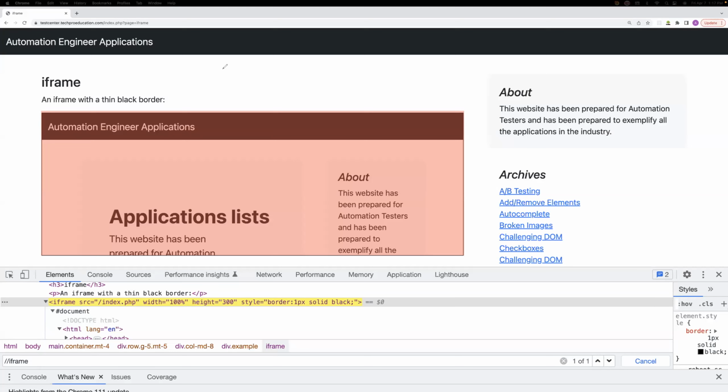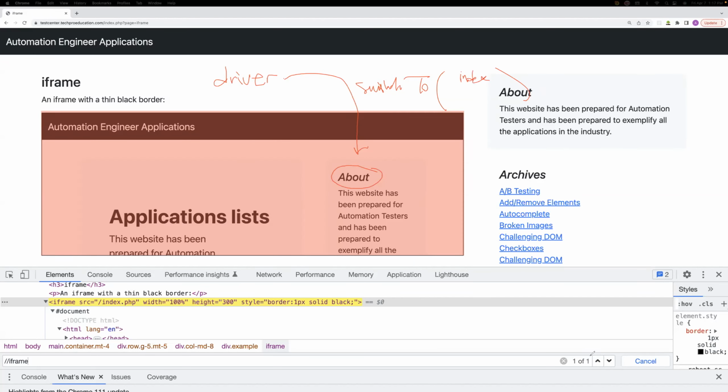Normally my driver is here. By default, the driver is always on the main page, the WebDriver runner, right? And if I want to get into something and maybe get this text, then I have to switch to the frame by index,